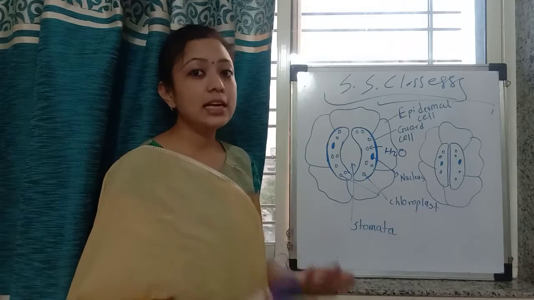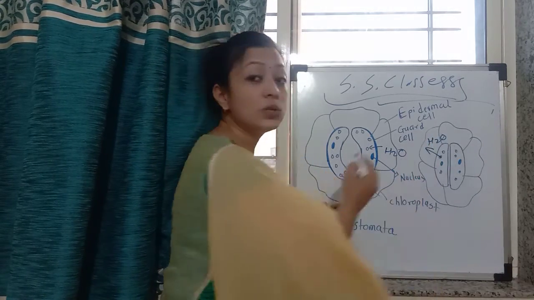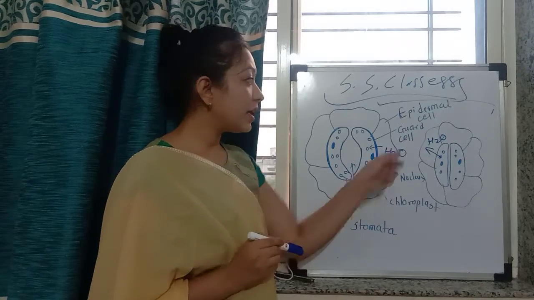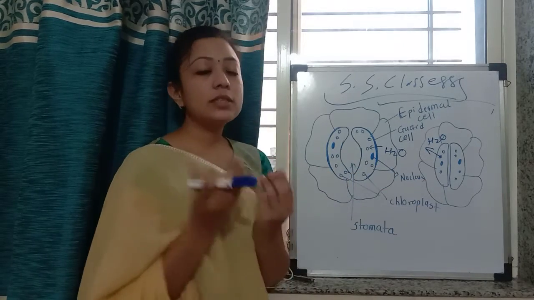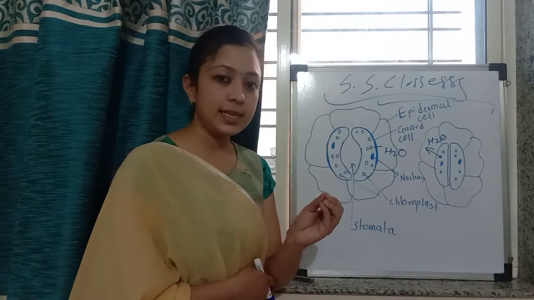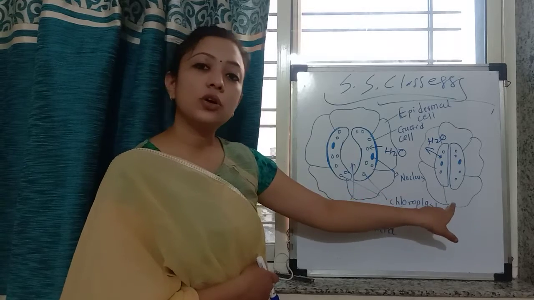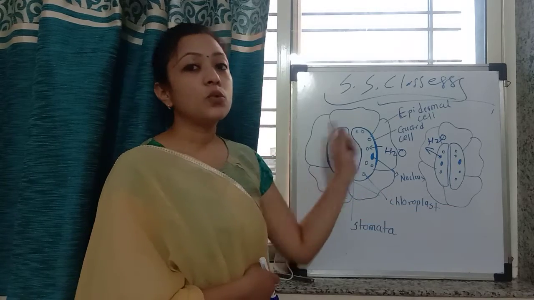And when the guard cell loses water into the epidermal cell, this losing of water leads to shrinking of guard cells, and shrinking of guard cells ultimately leads to the closing of stomata. So what factor is responsible